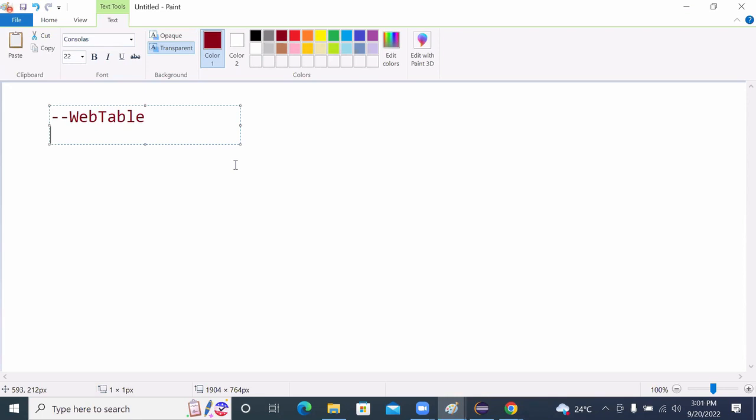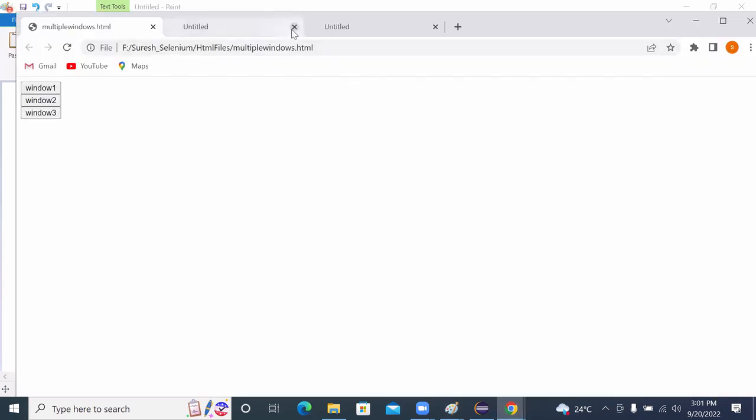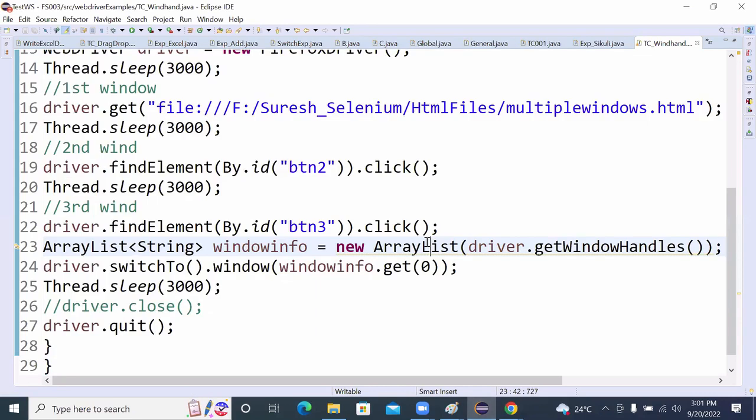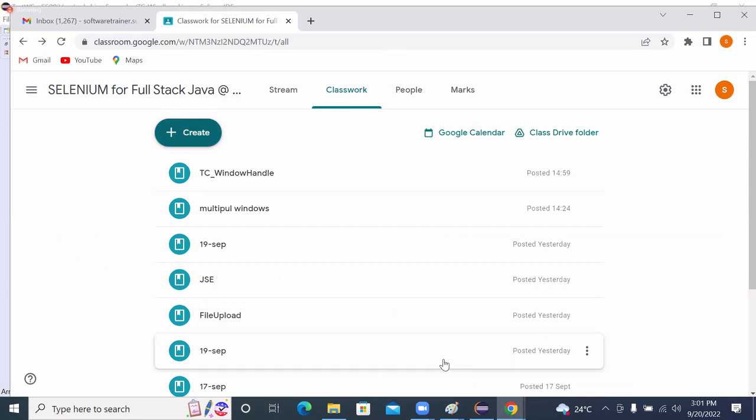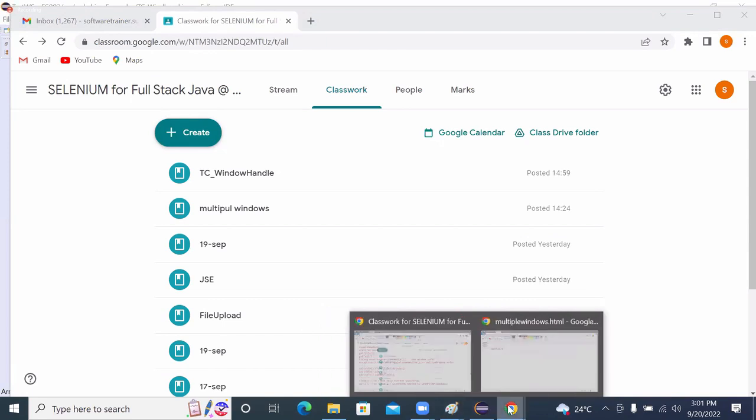Okay, right. So let's see what exactly we mean by this web table, how we can work with web table. So what exactly do we mean by this particular web table and how exactly can we work with it here. So now I can say the simple understanding,